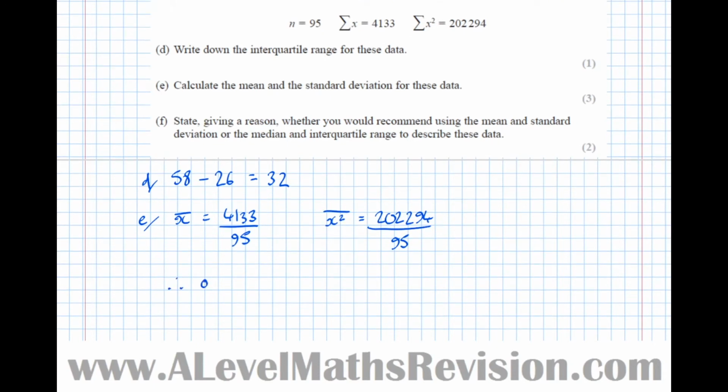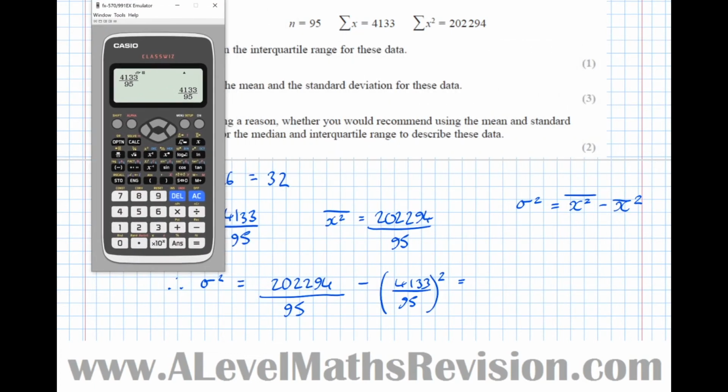Therefore, the variance, sigma squared, equals x squared bar take away x bar squared. I'll actually write the formula down there. So 202,294 over 95, that's our x squared bar, the mean of the x squareds, take away the mean squared, so 4133 over 95 squared equals,